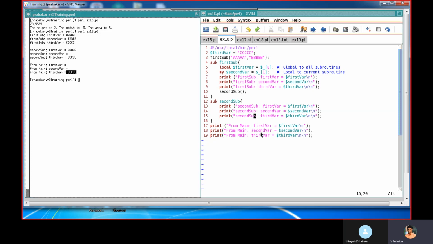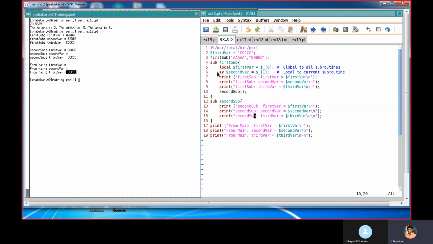I am getting a value only for third var, because I declared it here and assigned CCC to this third var. Now for this display, I'm getting first var value, second var value, and third var value.